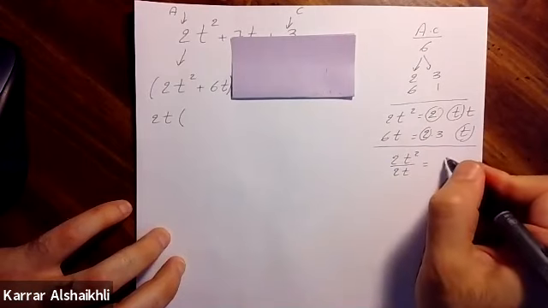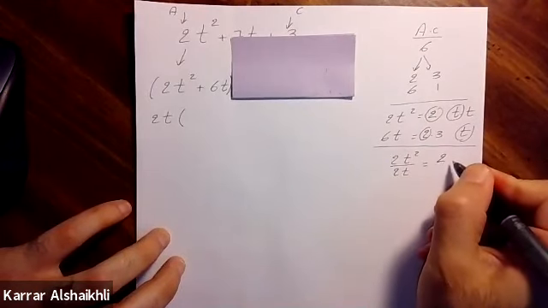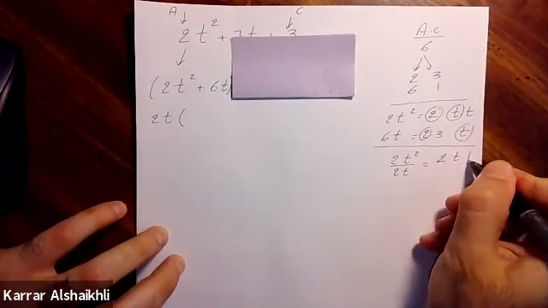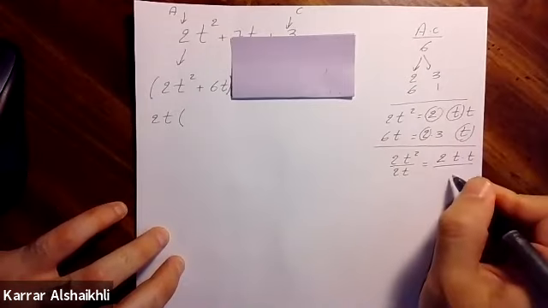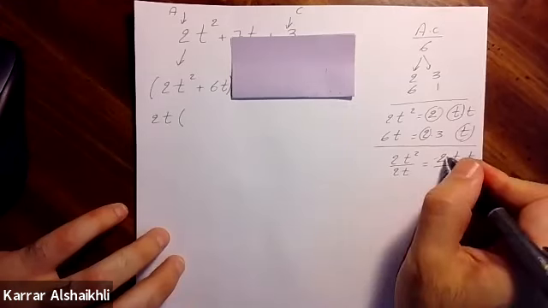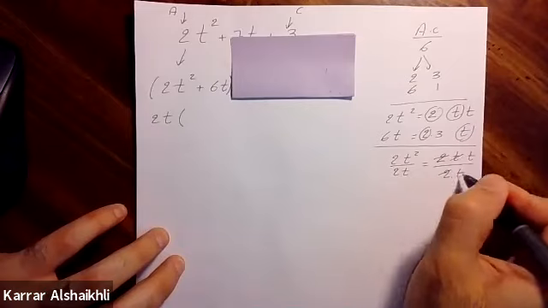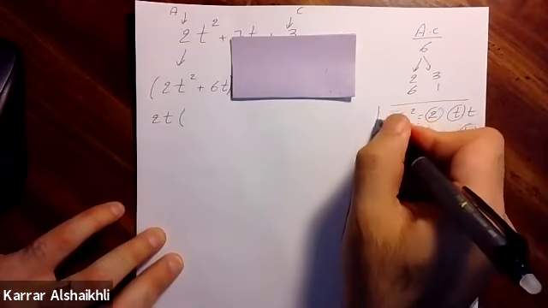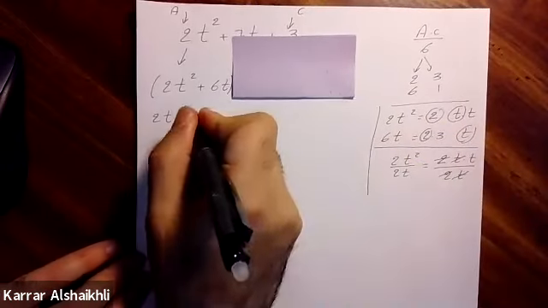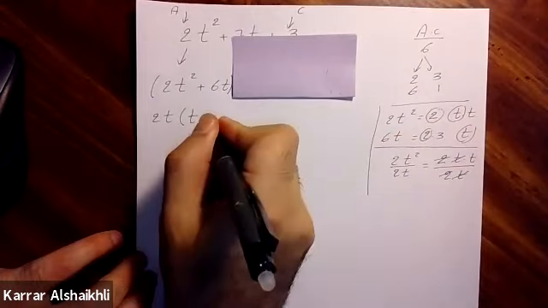Do exactly the same thing. 2t squared means 2 times t times t, over 2. So what's the leftover? T, because you're going to cancel the 2. You're going to cancel 1t, the leftover is 1t. That means it's going to be t plus